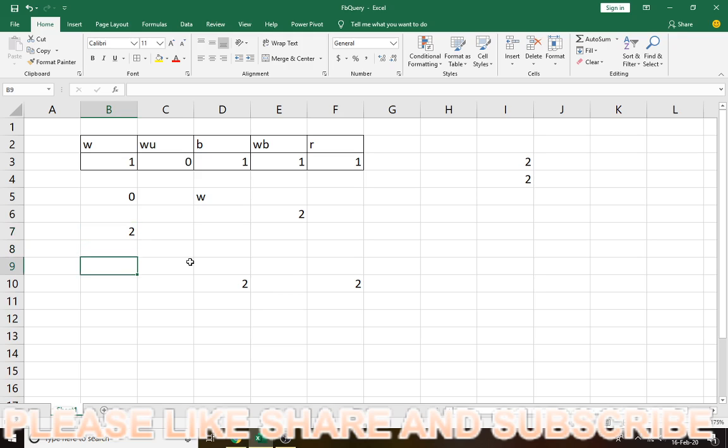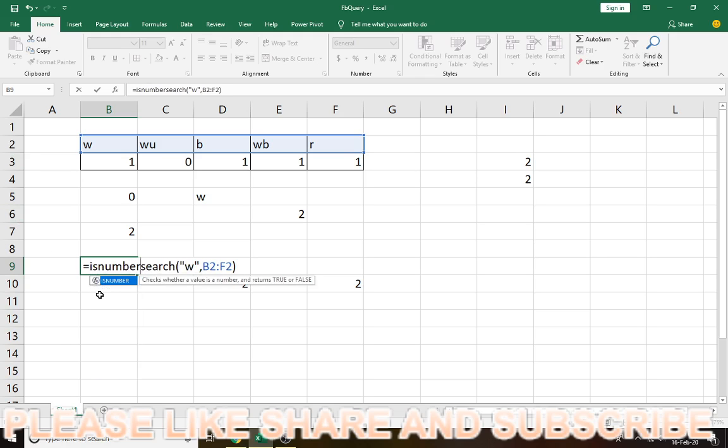And here, coming to another method, is SEARCH. Search is a function where it will show you only the place, the position where the W value is available. Press F9 to evaluate. Okay, 3 W's are there in that range. So first of all, we have to get rid of those value errors by using ISNUMBER. If you find any number, it will convert into a